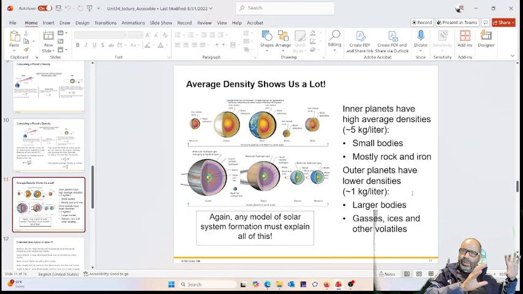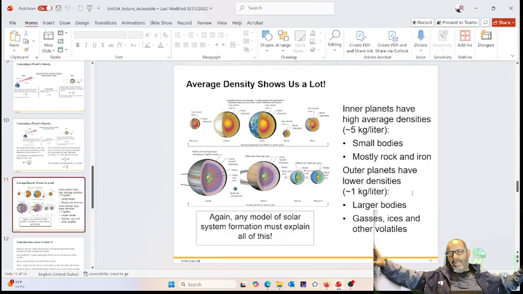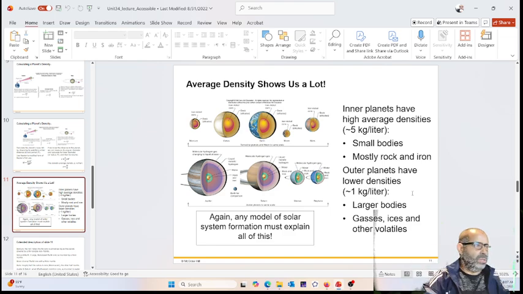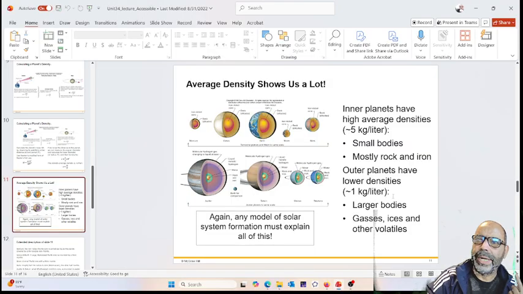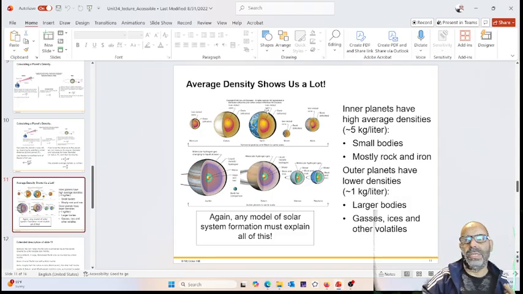All of the inner planets are rocky planets, including the moon, by the way. All of the outer structure is mainly gas because the density is super low. For Jupiter, it's 1.29. For Saturn, it's actually less than 1. Okay, 1 kilogram per liter or 1 gram per cubic centimeter, it doesn't matter. The Earth is actually the densest object in the solar system, and we have a clear understanding of its structure